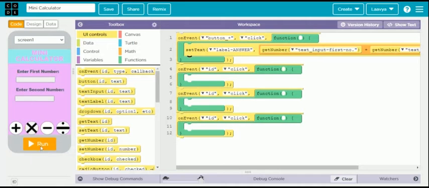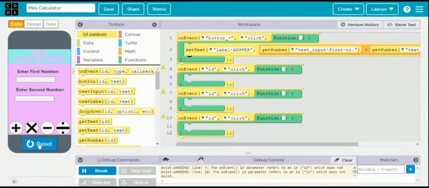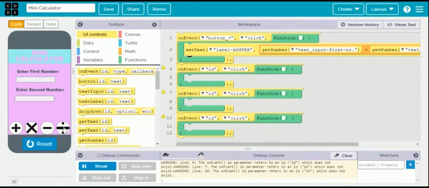So we'll just try it. We'll press run. We haven't given code for these three, so we will just try this one. A debug command will come here because we have added these three, but don't worry, there isn't any problem. If there would be a red symbol over here, then you would have to check your code.